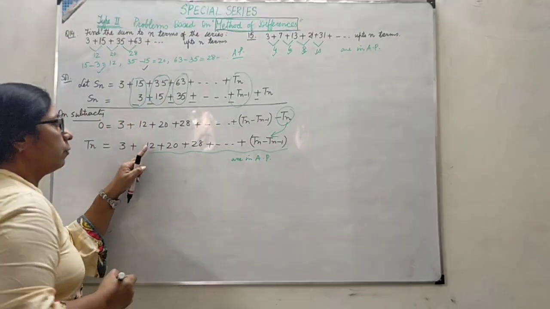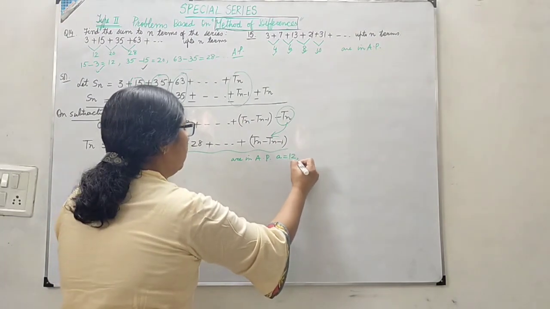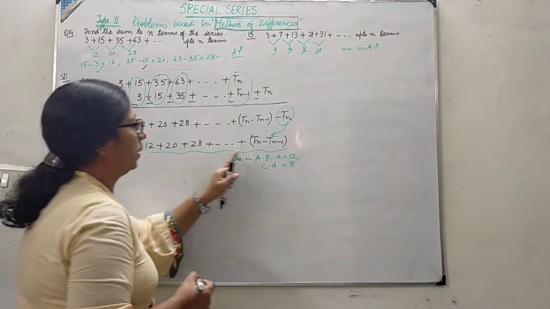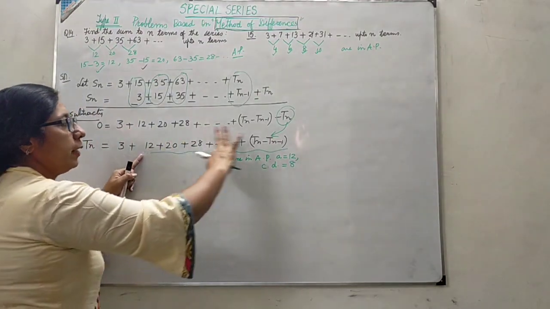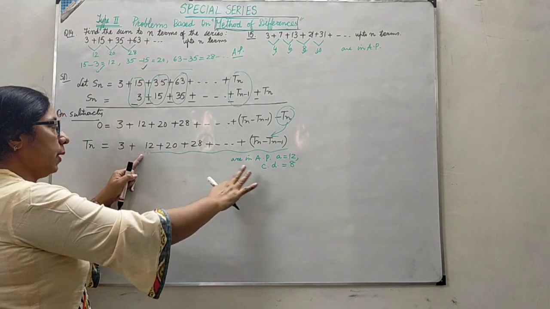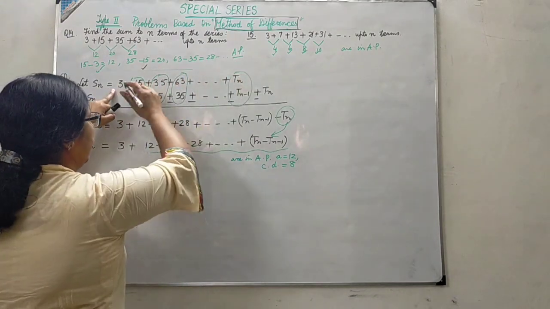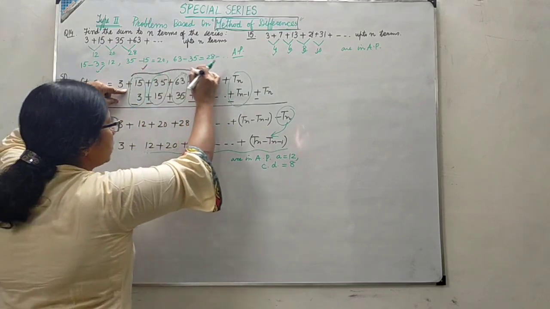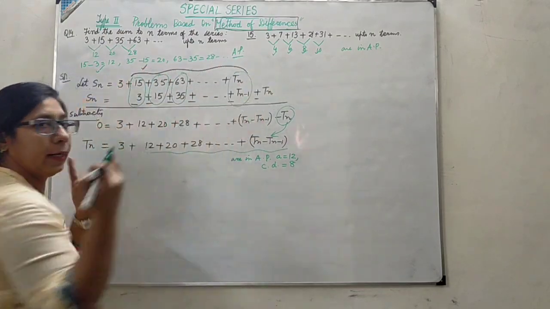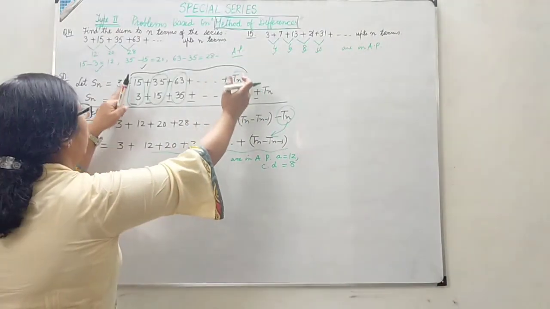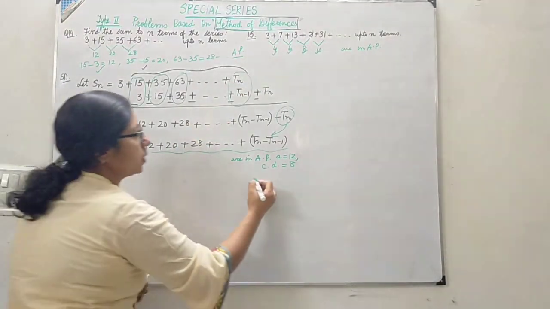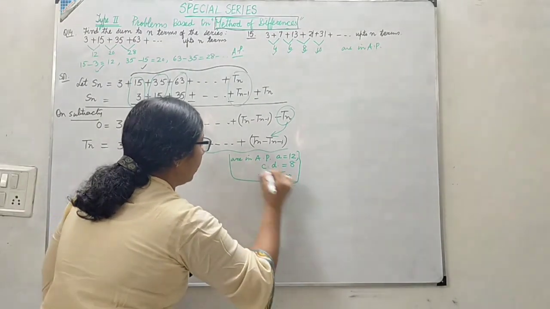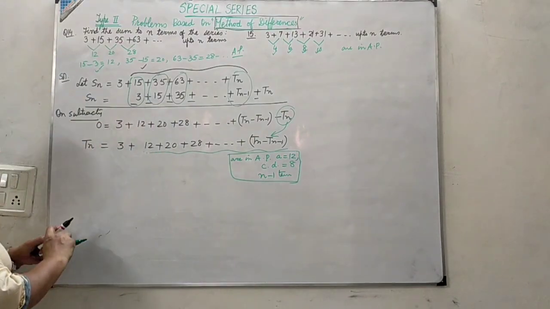These terms have the first term 12 and common difference 8. So if I take this AP, then I can find this sum. But how many terms are there? Because there were a total of n terms, and we have shifted by one term, the differences of how many terms have I taken? Of only n minus 1. You have to keep it in mind. We are taking the differences of n minus 1 terms. So this is very important. There are n minus 1 terms. I have written this on the side so that it is clear to you.